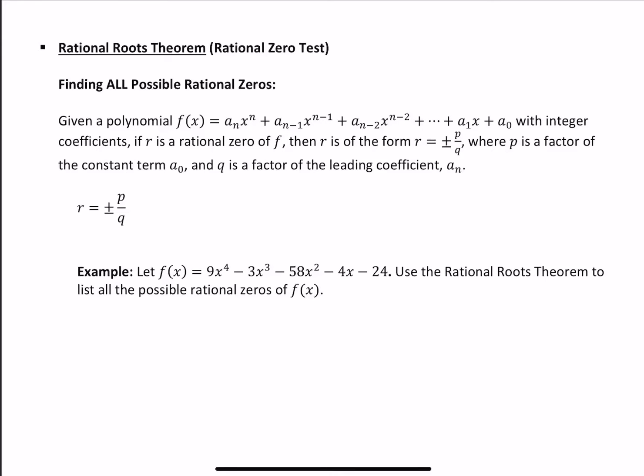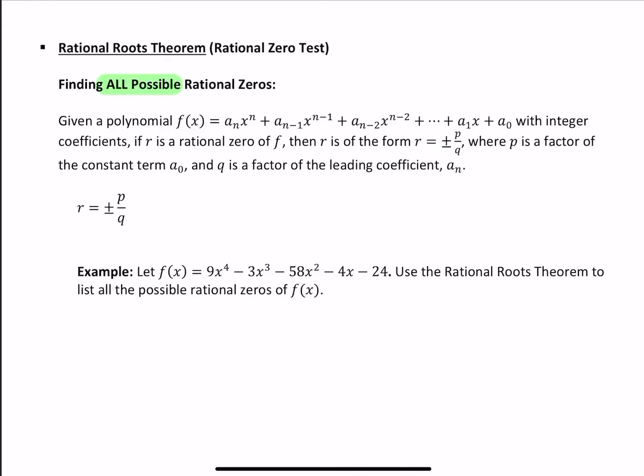Now we're going to talk about the rational roots theorem, or the rational zero test. This is going to give you all possible rational zeros. Now they may not all work, but it gives you all the possibilities. The reason that this is important is if we have a polynomial that we're trying to find all the zeros